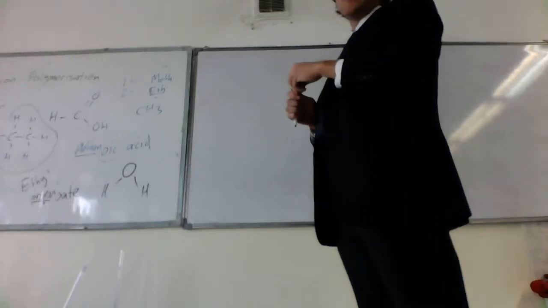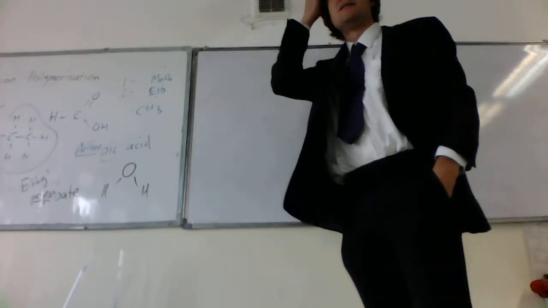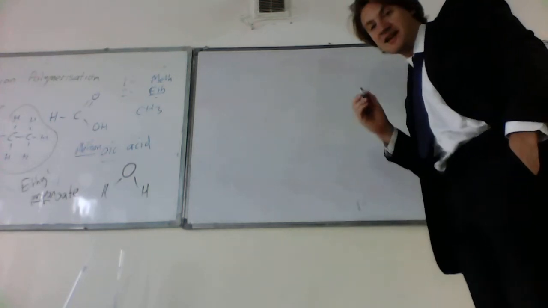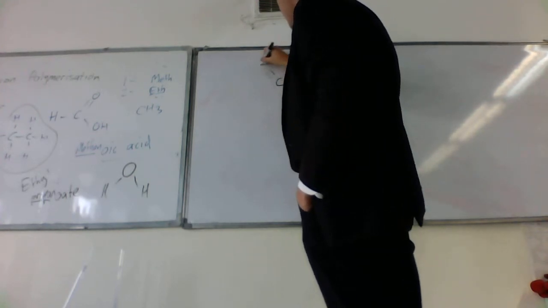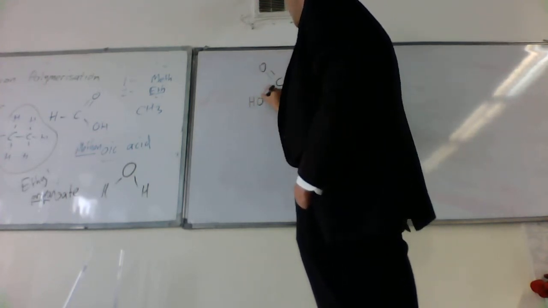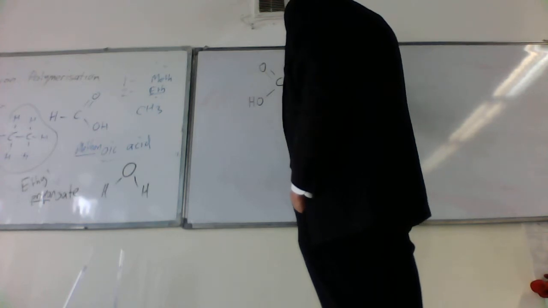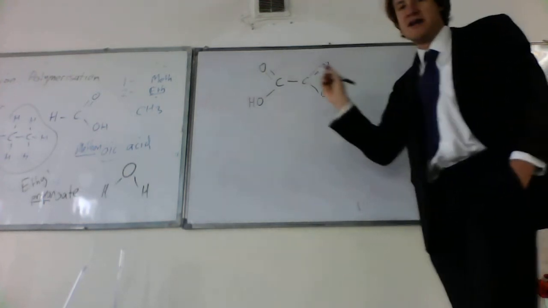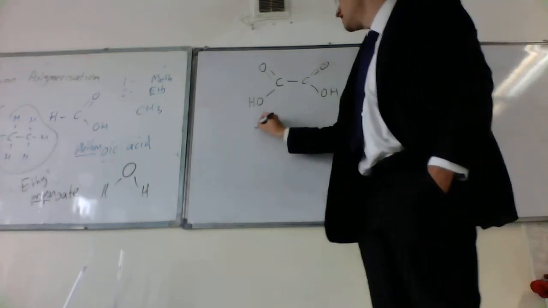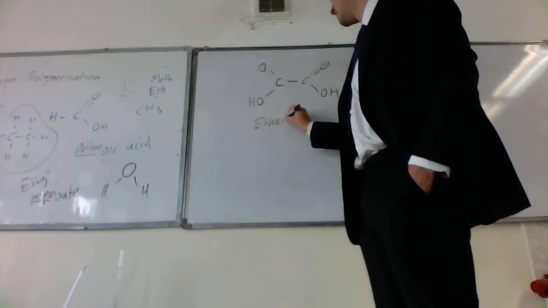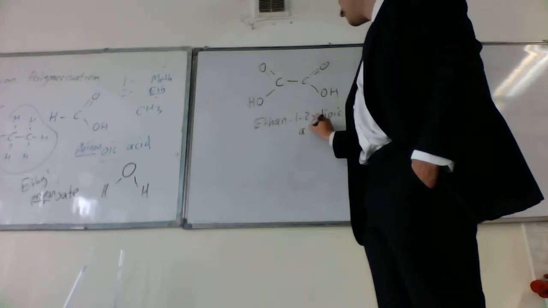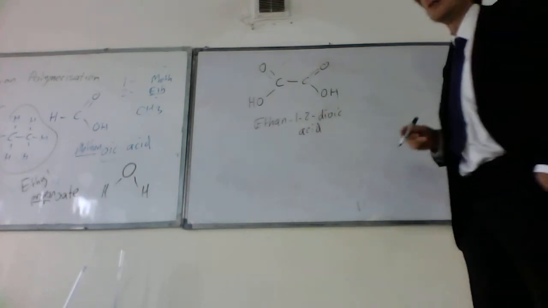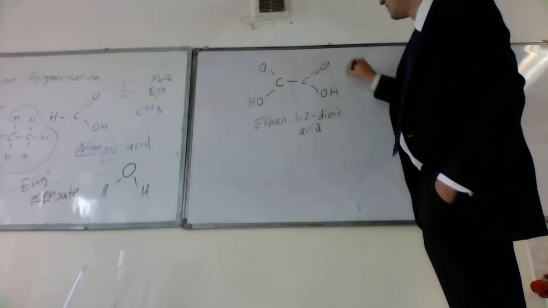We've been looking at esters and how we make them from a carboxylic acid and an alcohol. But this time we're going to look at what happens when we react a molecule that looks a bit like this. This is what we call ethane 1,2-dioic acid. And it's called that because it has two